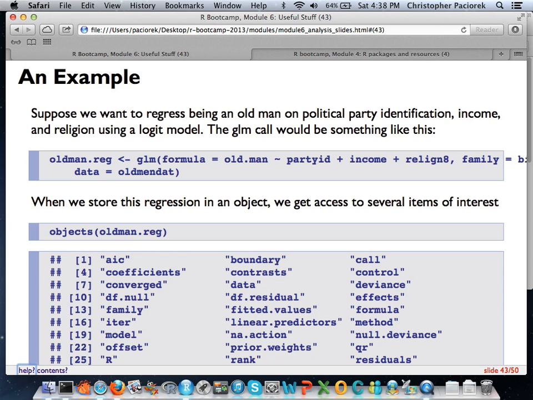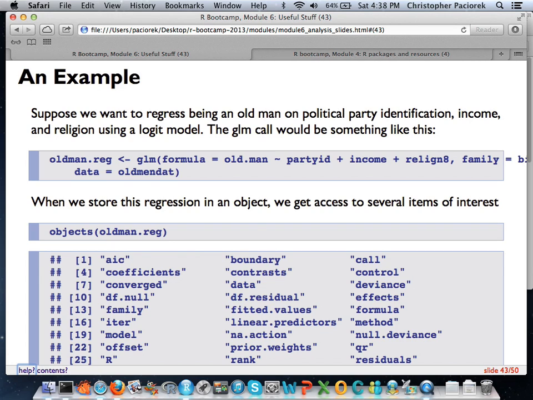So the formula in this case, we want to know if you're an old man, what are the best predictors for being an old man on the basis of your party identification, how much money you make, and your religion. And so old man we know is an indicator variable, so in this case we're going to run a logit regression on it.